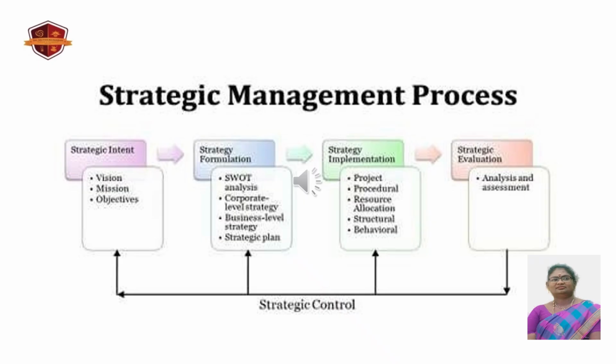Final thing is strategic evaluation. Strategic evaluation includes analyzing and assessment. Analyzing focuses on aspects depending upon the positive attitudes and the negative attitudes, and the assessment is how we are ranking the attitudes of the organization. So that is said to be strategic evaluation. So once the strategic intent, strategic formulation, strategic implementation, and strategic evaluation have all been directed, next we can analyze how we are controlling the strategies. So that is said to be the strategic management process.